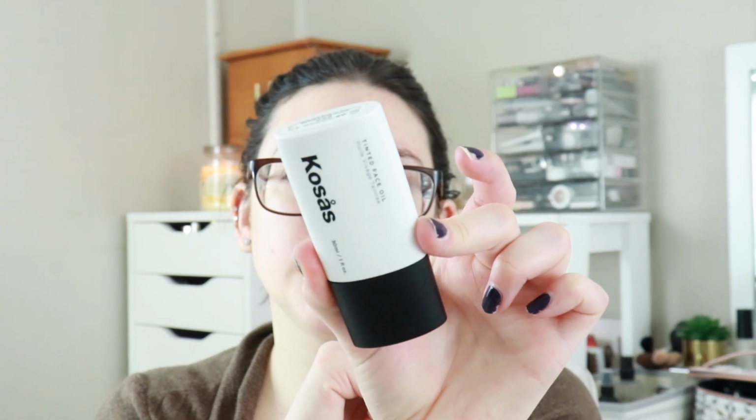Let's dive right in. I just put some dry shampoo in, so it's going to be looking a little rough for a bit. Okay, so I have the KOSAS Tinted Face Oil, and this is in the tone 2. I don't really know if this is going to be my shade at all, but we're going to try it. I think you're supposed to shake well, so that's what we're going to do. Then I'm going to prime half my face with the Changemaker Skin Optimizing Primer. This is the normal to oily one because I know that this one does keep me matte, so I just want to see how well it will do with not the foundation it's made for. Then I'm going to moisturize with my Pixie Rose Ceramide Cream